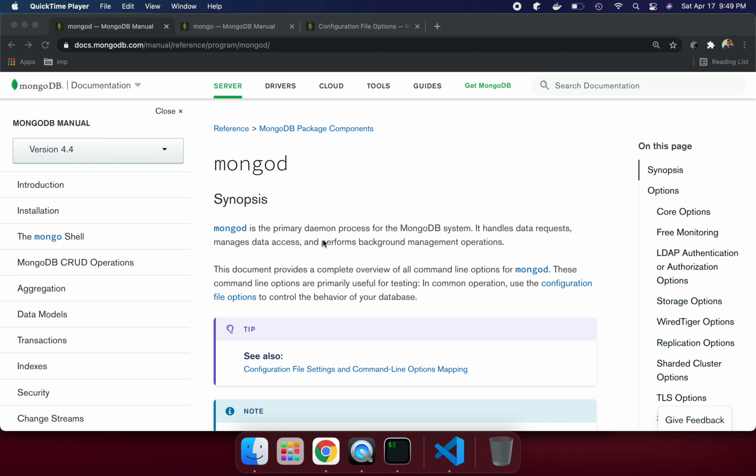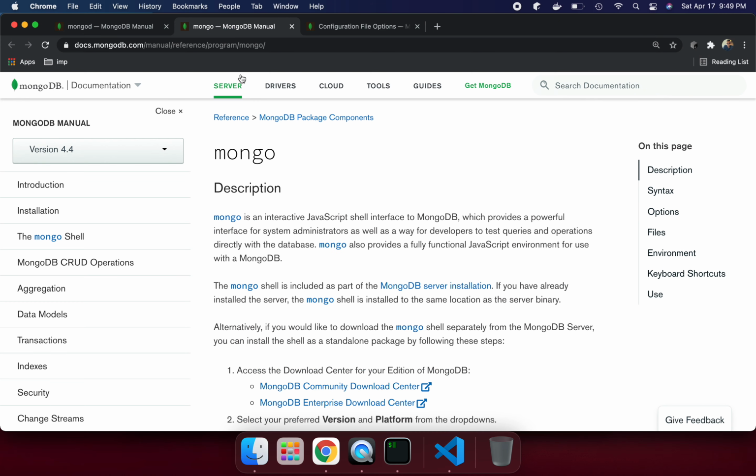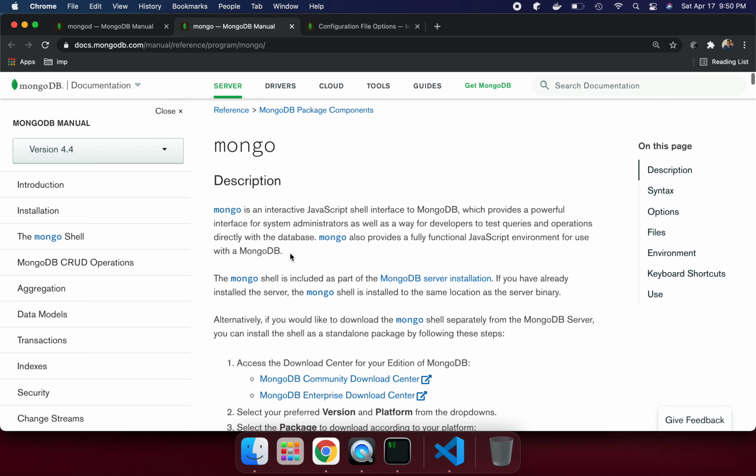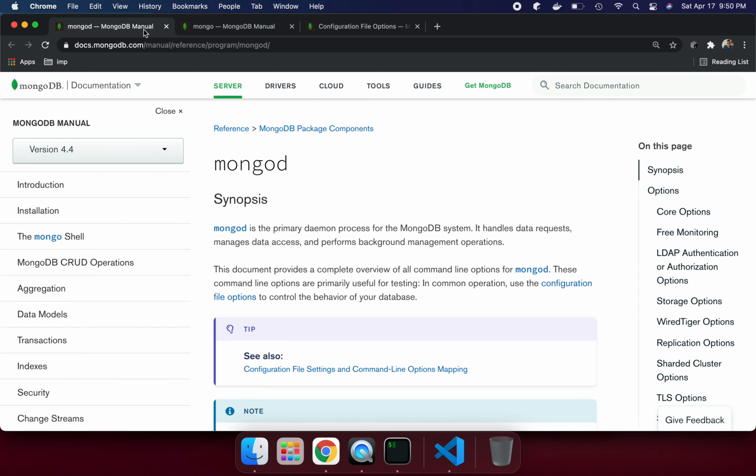I'm going to talk about how we can use the Mongo server and explore the Mongo shell. All the details I'm going to talk about in this lecture. So let's get started. We know we have MongoD, through which we can start Mongo servers, and as well the Mongo shell, which we can start if we want to do operations like insert, update, whatever operation we want to do with the Mongo database. Those options I'm going to talk about, and how we can use help related to MongoD and the Mongo shell.